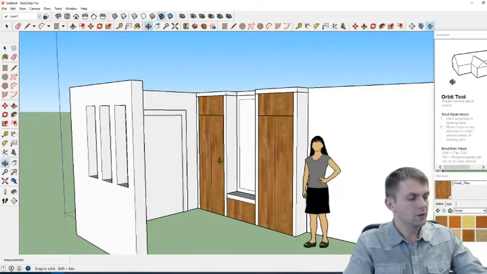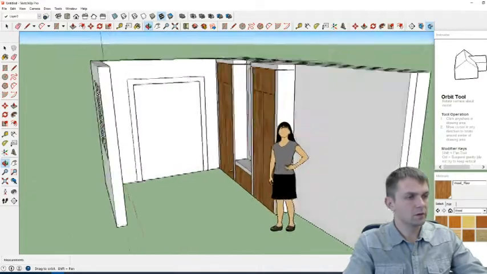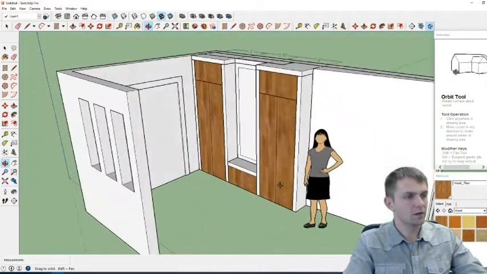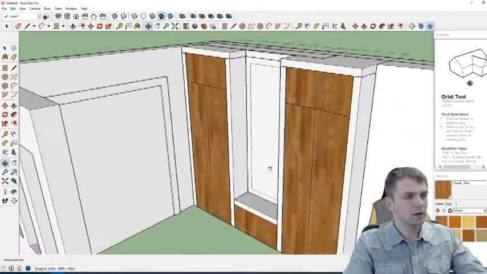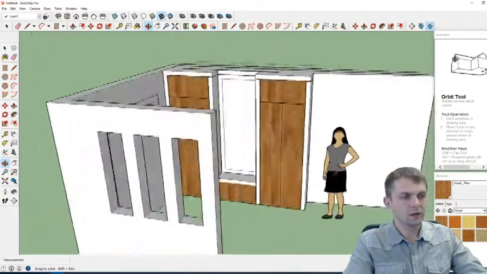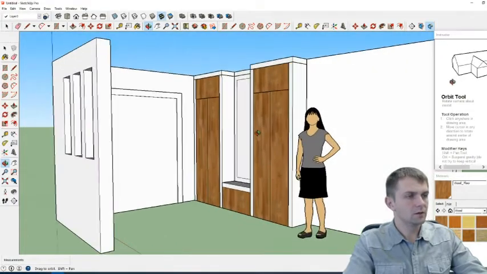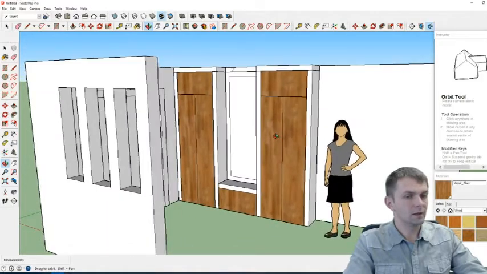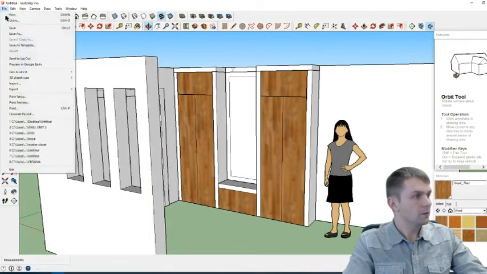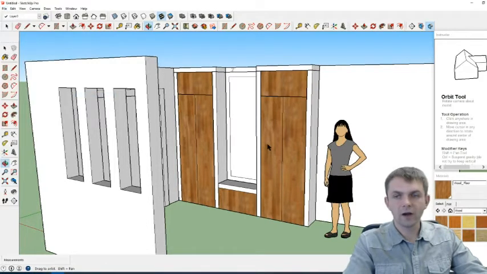So shift is gonna give you a hand where you can move. So orbit is gonna give you this. You can go in 360, but let's say you're somewhere here and you just want to shift. So you press shift and click, and you're working in the space already 360. So that's a good angle that I want to take a picture of. So something like that. And now basically file, we go to export 2D graphics, and here